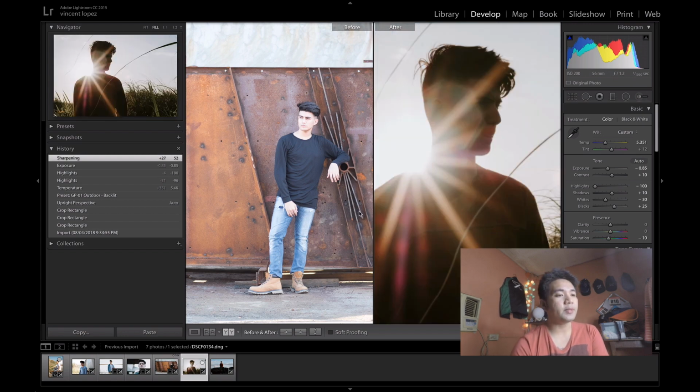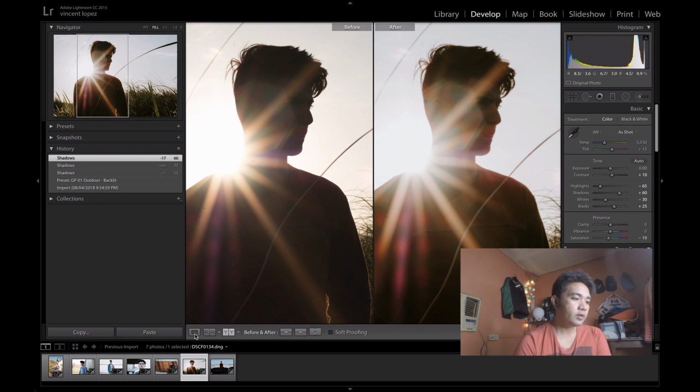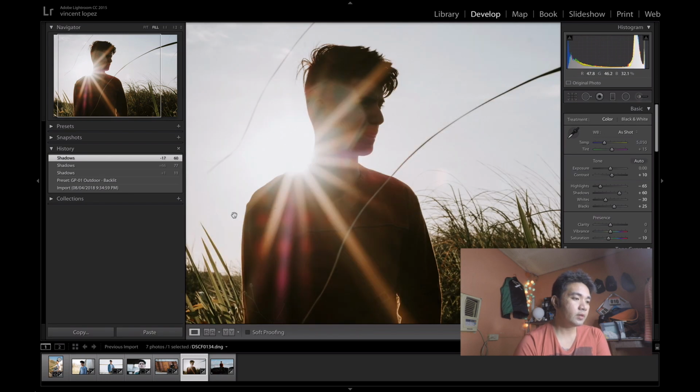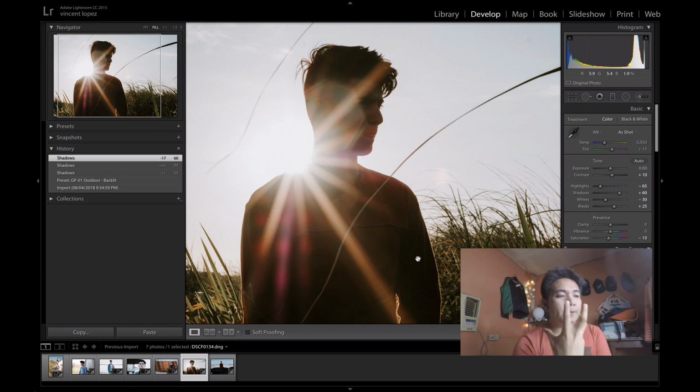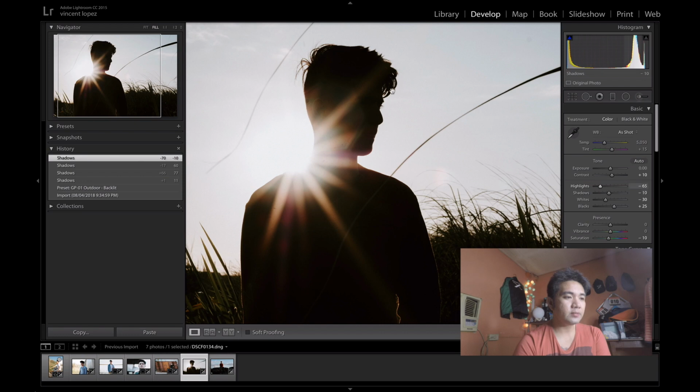Okay, so this one is a little bit interesting. I didn't really put a lot of editing stuff over here. If you're going to play with the backlit or with the silhouette of your model, for me, I love doing it, but I don't like taking all the way the details of my models like this one. I'm going to show you. If we're going to do this here,